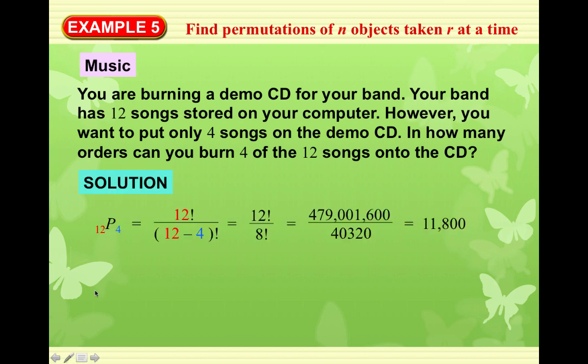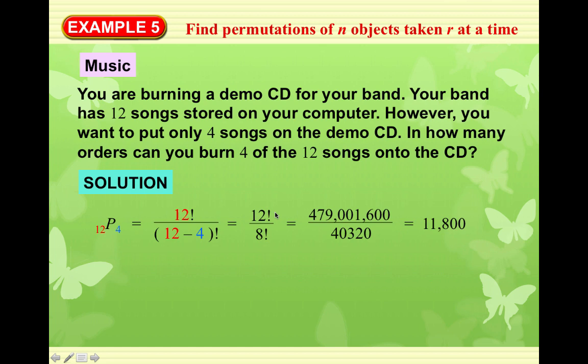Okay, so for this, you're doing 12 permute 4, and that is equal to n factorial over n minus r factorial. So in this case, 12 factorial over 12 minus 4 factorial. N is always going to be at least as large as r. So if there's a number that's smaller and a number that's larger, n is the larger number and r is the smaller number. So we have 12 factorial over 8 factorial,